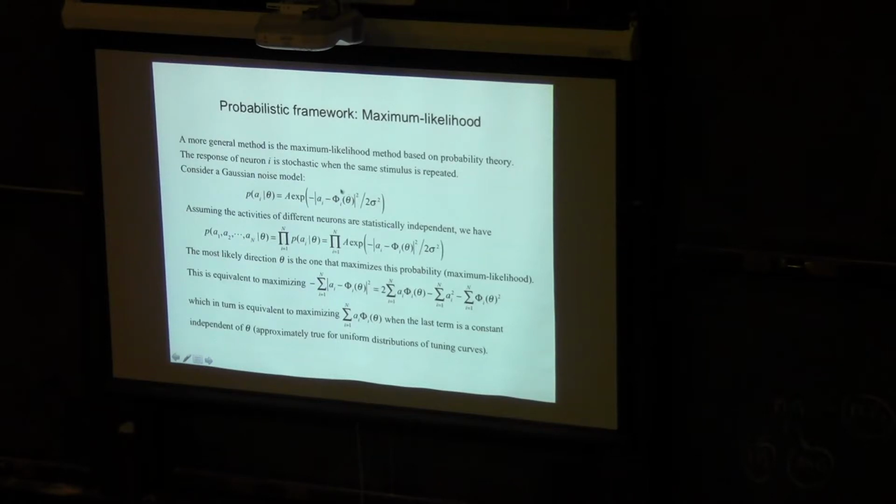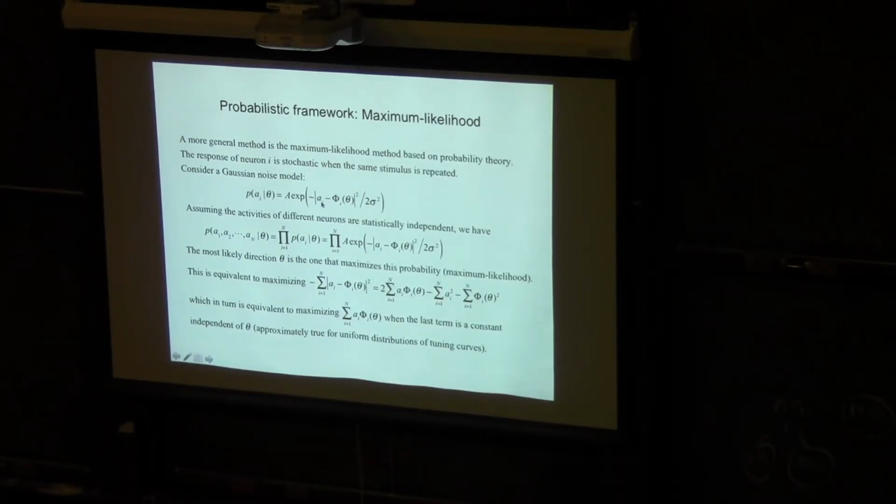I assume it has a Gaussian distribution. You give me the parameter. This is my tuning function, this is phi, and this is the activity. I assume that the difference between them, that's the error, has a Gaussian distribution. If they are independent, then you can multiply the probabilities. All right, just the same as the least square method. If I maximize the probability, I minimize the